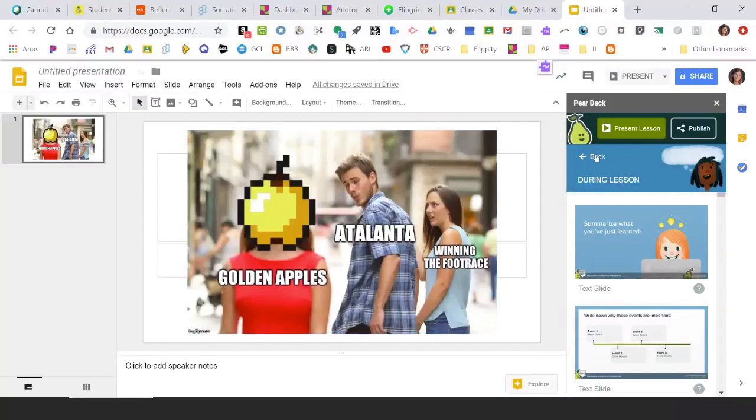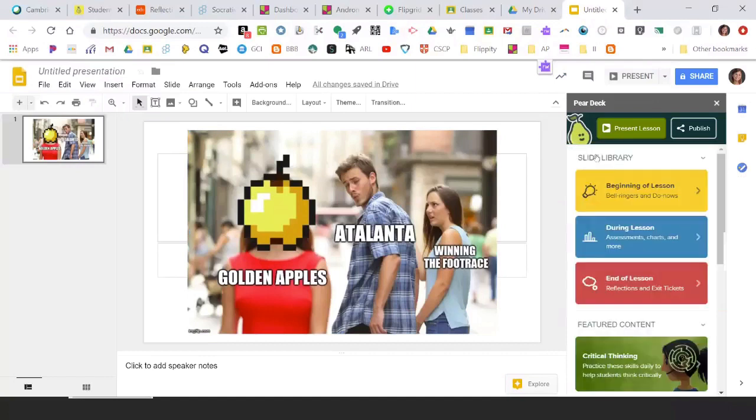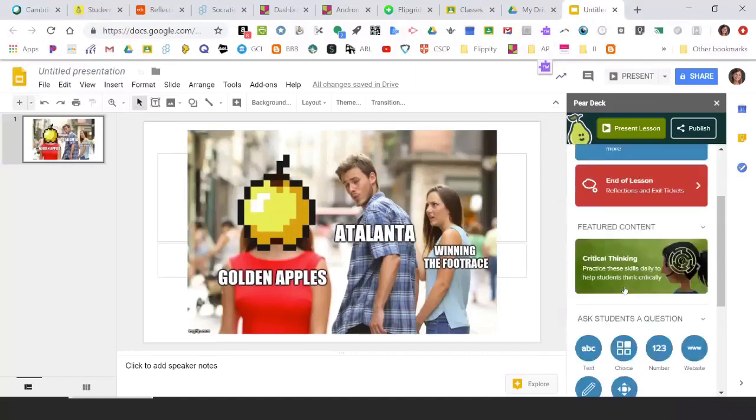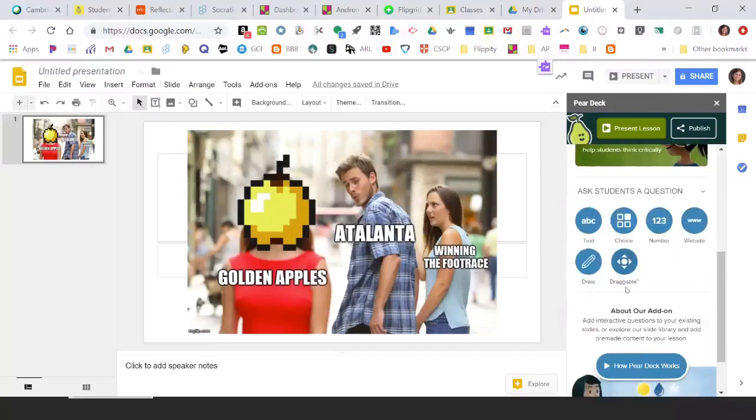And then instead of using one of these templates, if you're designing your own slide presentation, or if you're bringing something in from PowerPoint, all you have to do is scroll down here where it says ask students a question. And this represents all the possible things that you can have students do in a slide. So I've already showed you what it looks like to get a text response from them. I have not showed you multiple choice yet, but you can ask for a number instead of just a regular text response. You can, as I just showed you, send students to a website, or you can have students draw